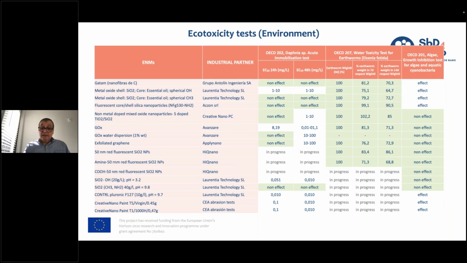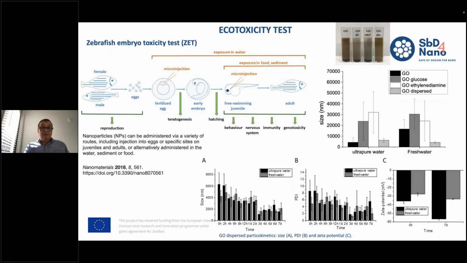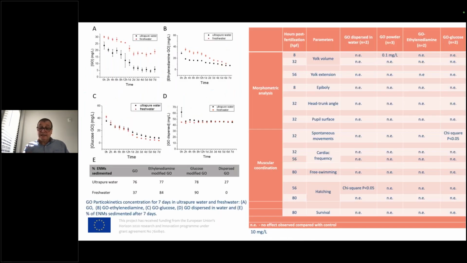I'm not going to go through all of these tests and results, but I'm going to show you just a few of them. For example, zebrafish embryo toxicity testing. And of course, during the testing, the stability of the testing medium is really important. First, Italy and INL studied the behavior of these modified nanomaterials in different mediums like fresh water and ultrapure water and so forth. Then they tested these animals and found that there are some variations again in the results,